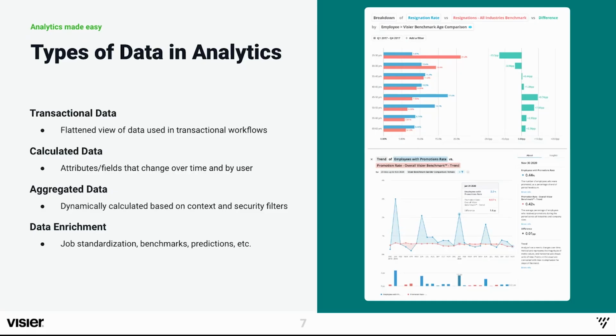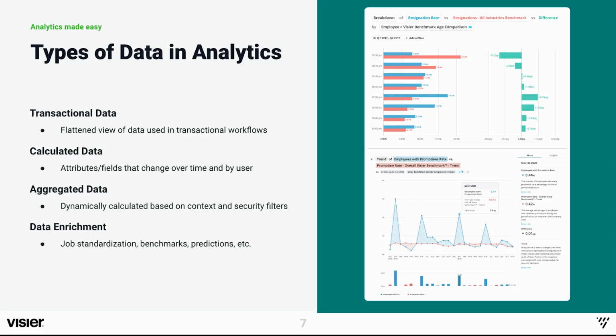So what kind of data can you send? We think about data in 4 categories. The first is transactional data. For example, data that communicates things like which employees are working at a company, what learning courses were taken, when did an employee start or exit. Transactional data is what Visier